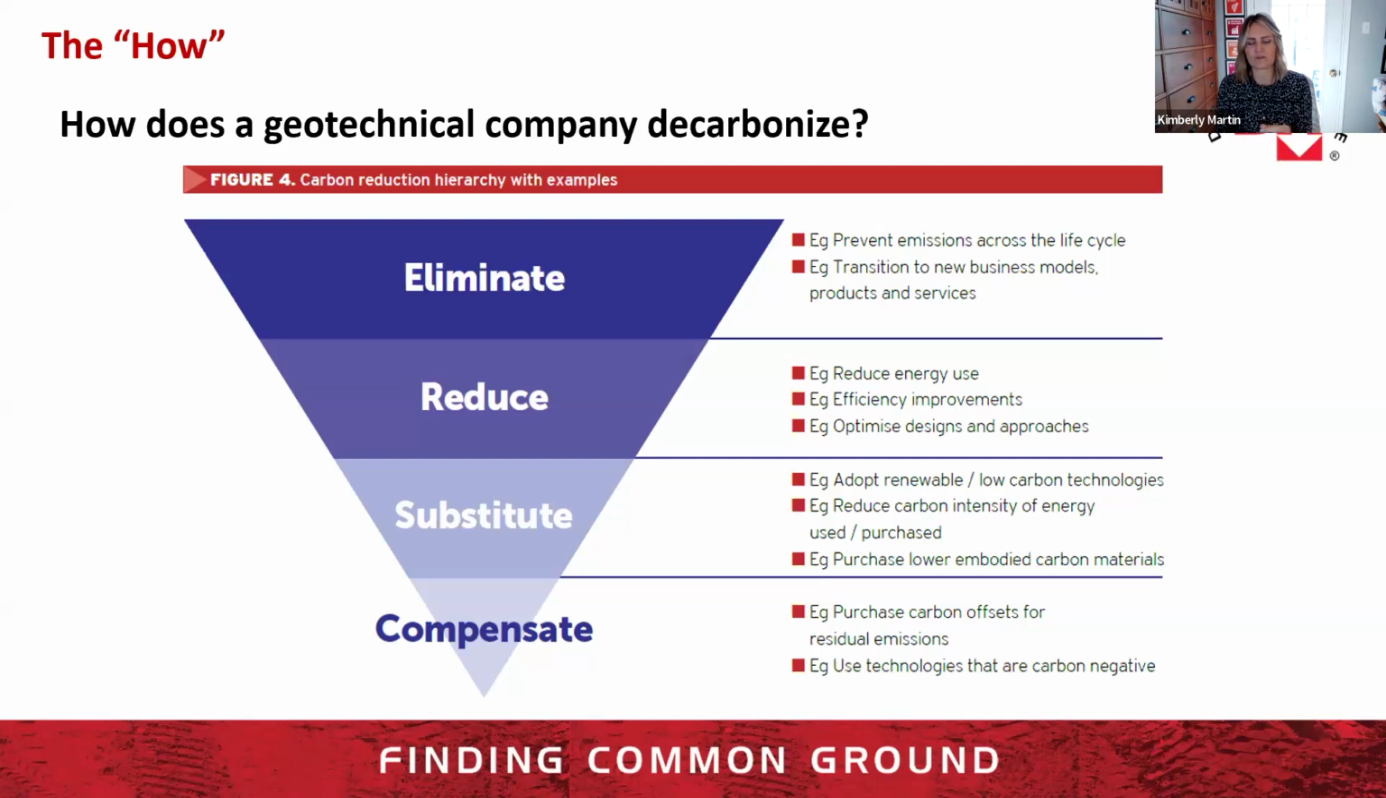we can move to substitute. This is when we say, we know we need concrete for our drill shafts, but we want to use as much low carbon material like slag or fly ash as possible in our mix design. Or we know we need energy at our equipment shop and yard, but we're going to purchase green energy to meet our needs. And then finally, we're going to compensate. If we have the best design possible, then we can purchase high quality carbon offsets for the rest of